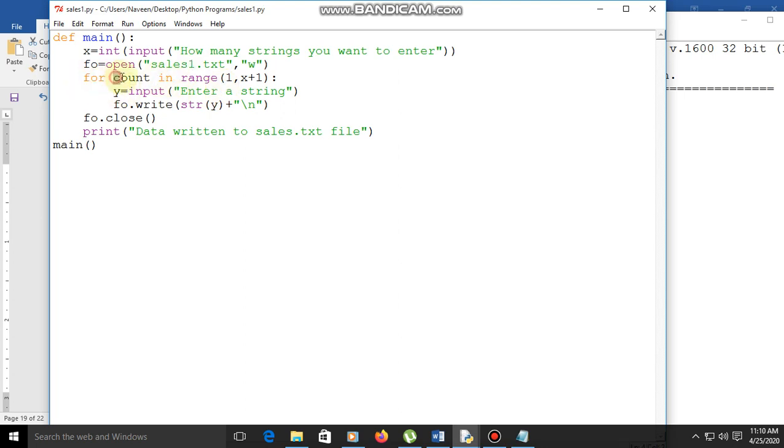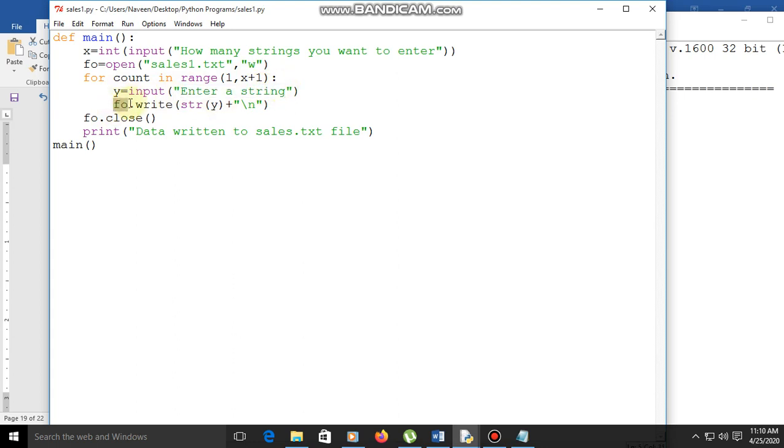For that, for count in range 1, the value starts from 1, and I need 3 values, then 1 plus 1, so it increments. Next, y equal to input enter a string.